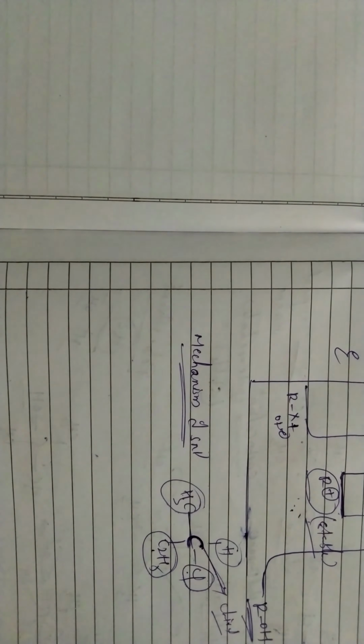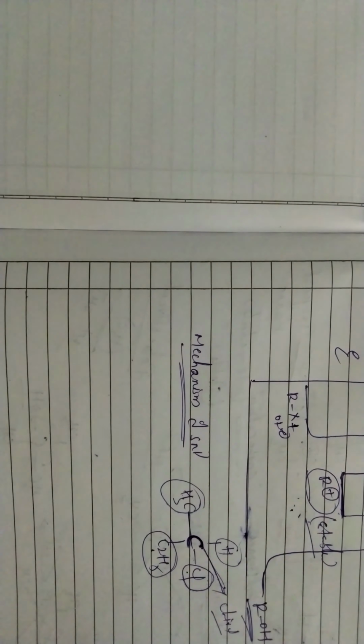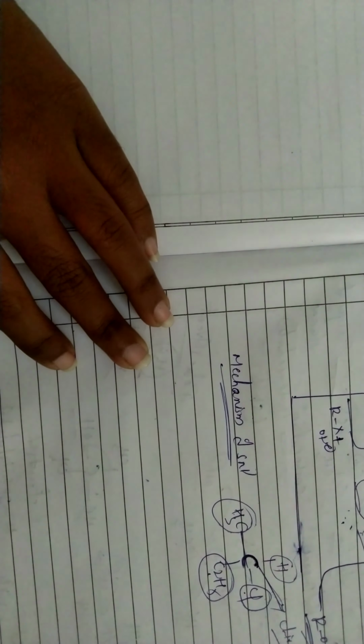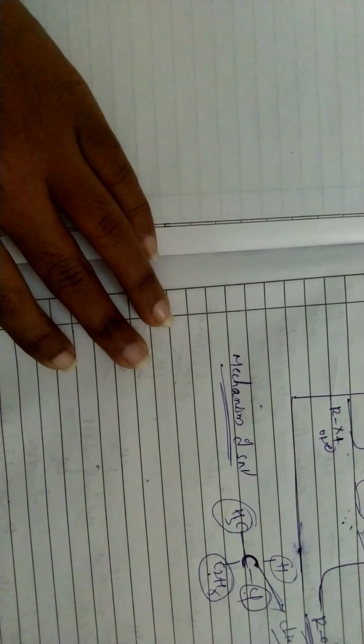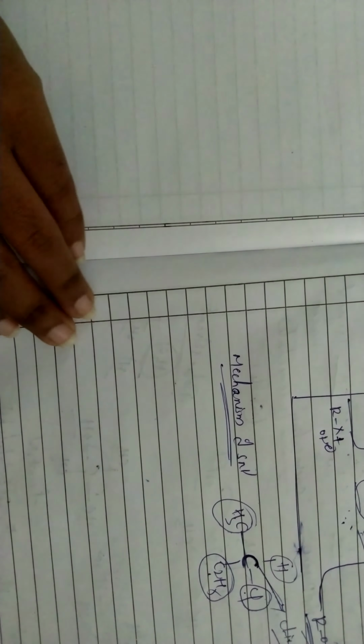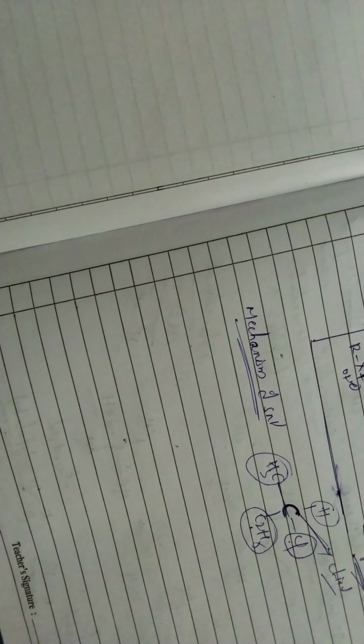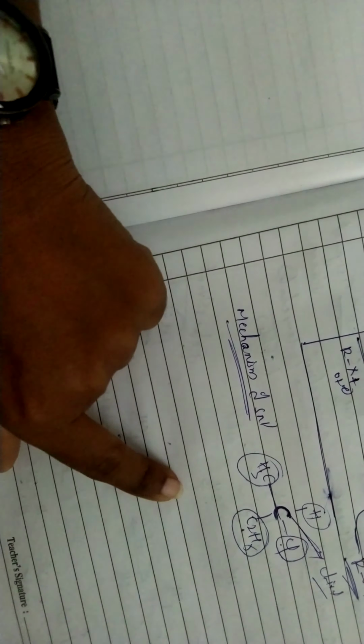If any compound contains a chiral carbon, it is optically active. To some extent, not 100%, we can say that if any compound contains a chiral carbon, it is called an optically active compound. To understand the stereochemistry of the SN1 reaction, we have to take an optically active alkyl halide. For example, this one is a perfectly optically active compound.